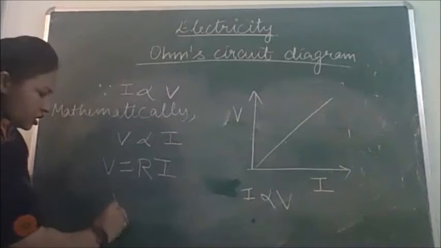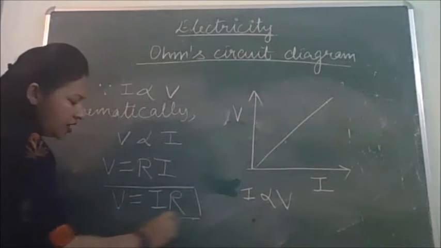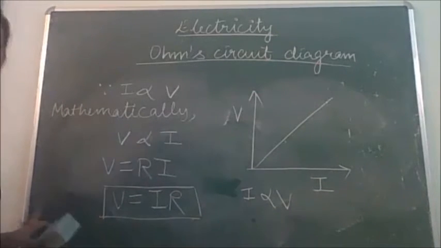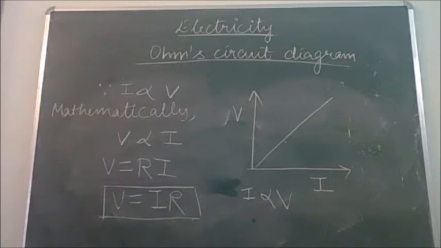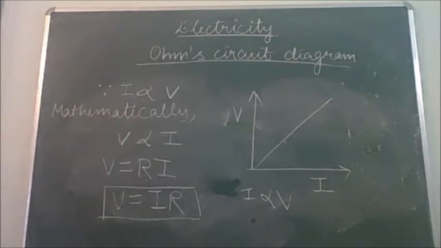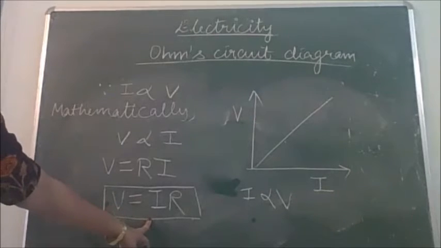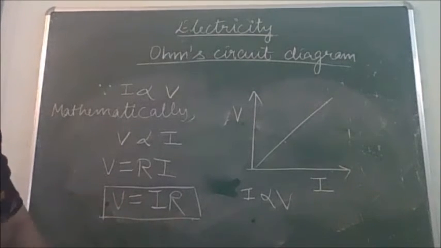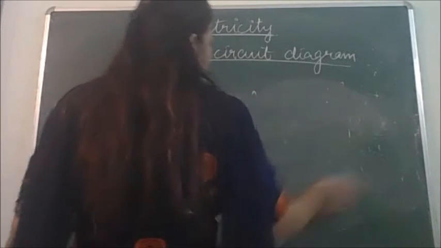So we have this formula. Let us rearrange it a bit. You can learn it with the help of VIR, V. So V is equal to IR. This becomes Ohm's formula. So this is Ohm's formula. V is equal to IR. You know what is V? Potential difference. What is I? That is current. And now let's come to R. What is this R that we have taken? Where R is the resistance of the conductor.